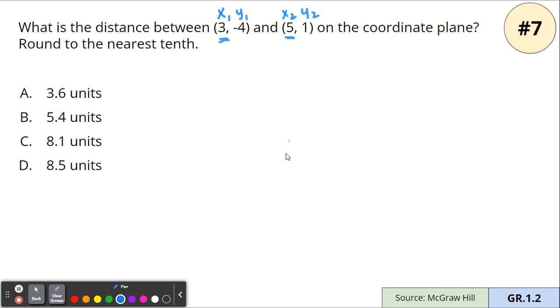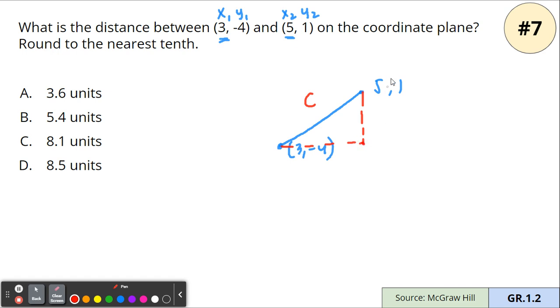So this one is (3, -4). And then (5, 1) will be on this side. Let's say (5, 1) will be here. If we connect that, that will be our distance, C. But if we make our right triangle here,